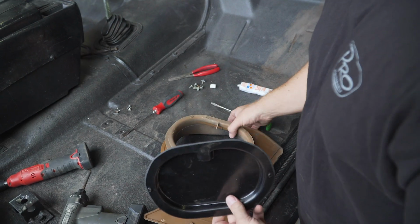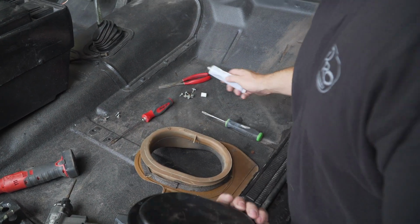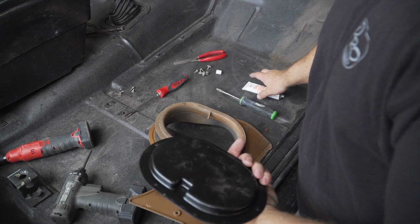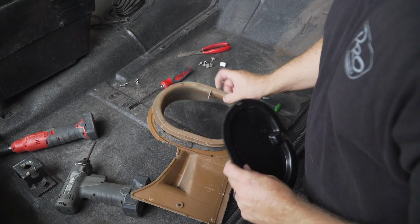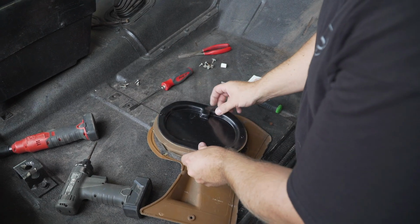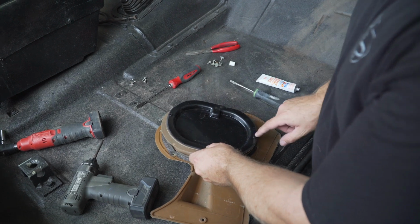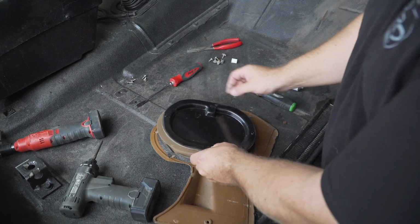All right, so here's the cover for the fresh air vent. We're gonna first apply a bead of silicone sealant around here just to seal it off. Doesn't take much. And then this notch will go right over that. So it'll sit with the indentation facing in towards the inside. So that'll be nice and flush, and they give you 2 screws to go ahead and hold it in